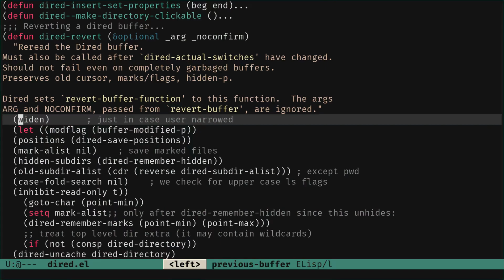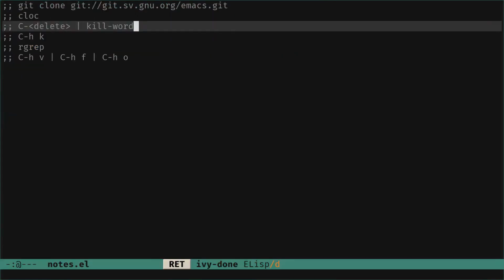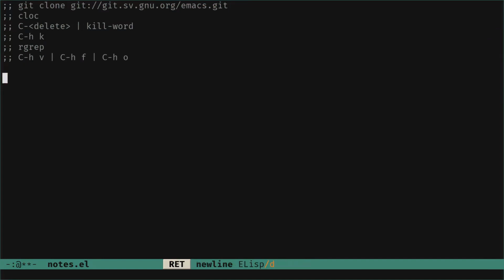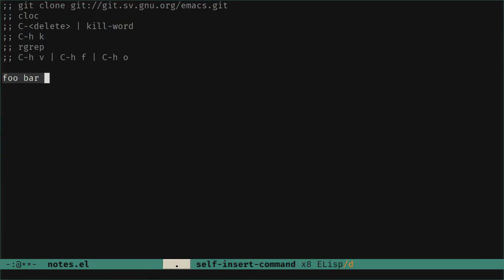So now let's go back to our not buffer. I want to show you something more practical. That is, you have a command that does something, a key binding that does something, but you want to change it a little bit. So we are going to look at Control Delete, that deletes a word forward. So foo bar base, foo 1 bar 1 base 1.